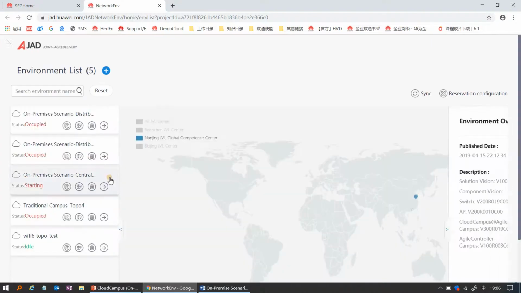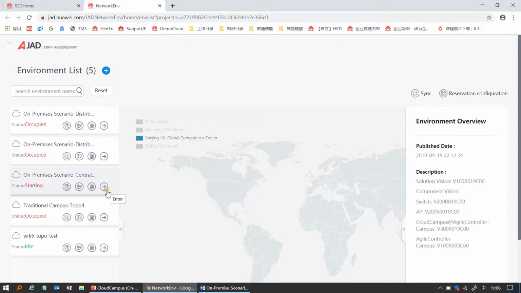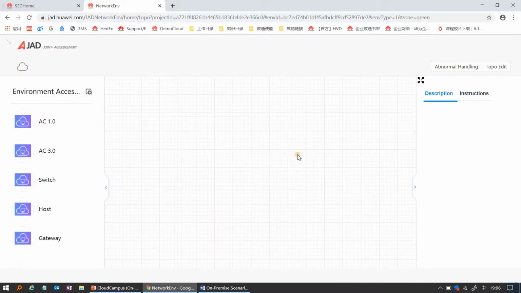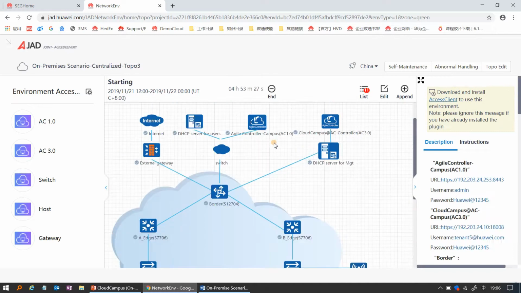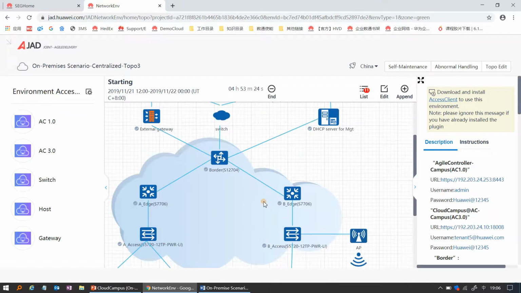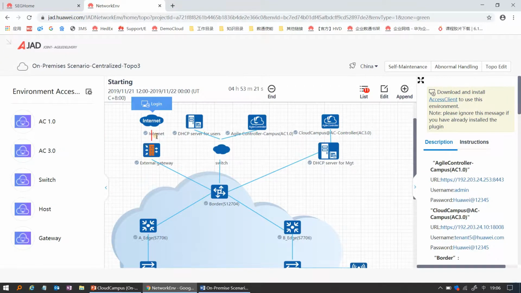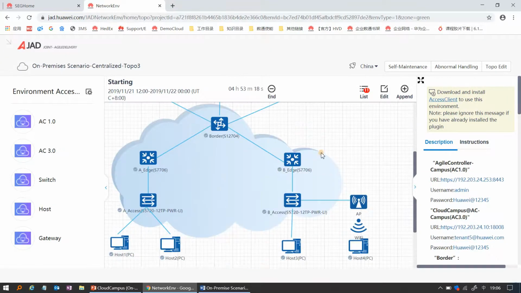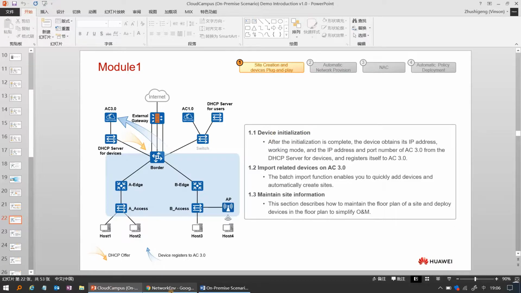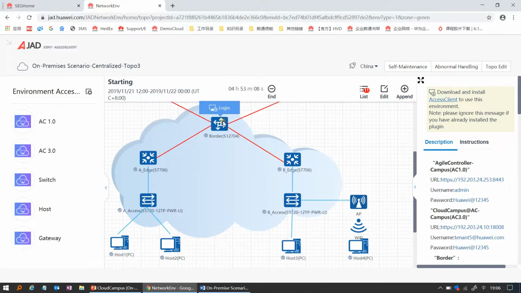Because I have already scheduled the third one, I click enter to enter the interface of the environments, and you can see the topologies here: the devices, the firewalls, the controller, DHCPs, and internet. Every single element will be available here. Now the first step, device initialization. We are going to log into all of the switches one by one and follow the guidance so that we can reset the configuration of the device and restart all of these devices